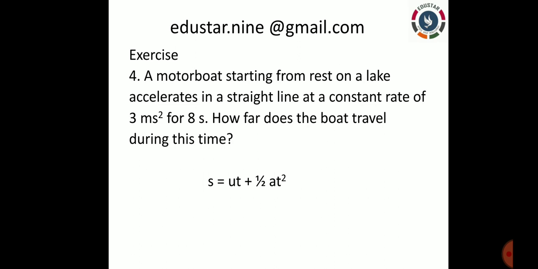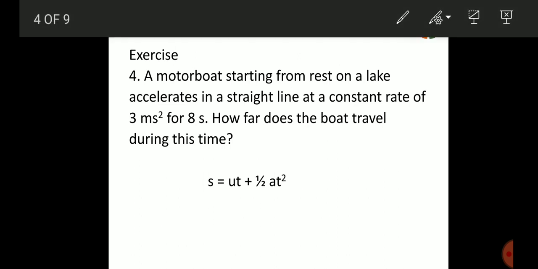Okay. So you should write the given data first. What are the given data you should write? Initial velocity u is equal to 0, a is 3 meter per second square, t is 8 second, s is equal to question mark. So, to solve this problem, you should use any one of the equations which you have seen in the previous presentation. You have three equations. Of the three equations, you can use one.